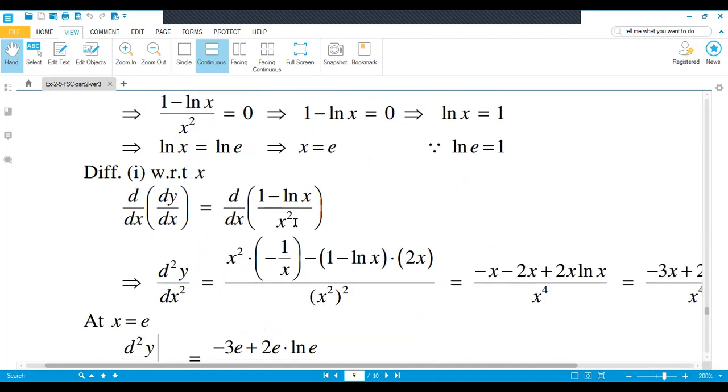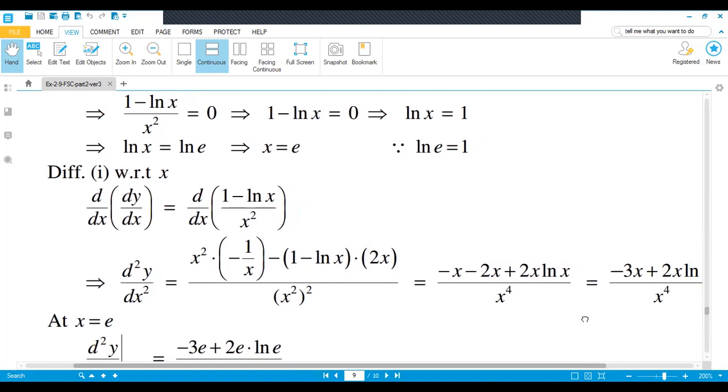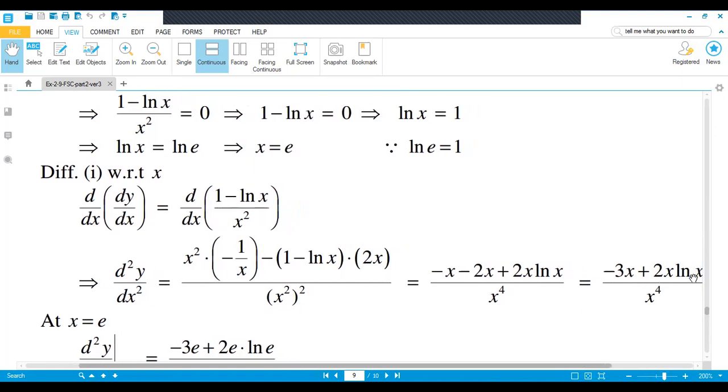Again the quotient rule: x square whole square in the denominator, and x square times the derivative of the numerator. The derivative of 1 is 0 and the derivative of natural log of x is 1 over x, so minus 1 over x. Then minus numerator as it is, 1 minus natural log of x, times the derivative of the denominator, x square, whose derivative is 2x. This x one time cancels, one time left, minus x, and this 2x multiplies inside, so minus 2x plus 2x natural log of x. So minus 2x and minus x is minus 3x plus 2x natural log of x